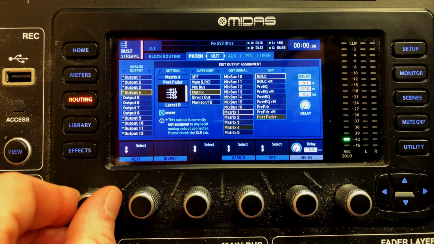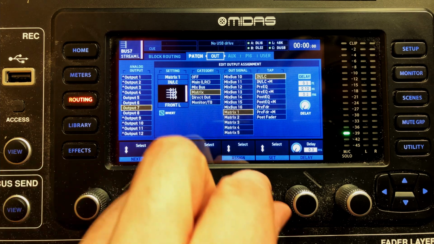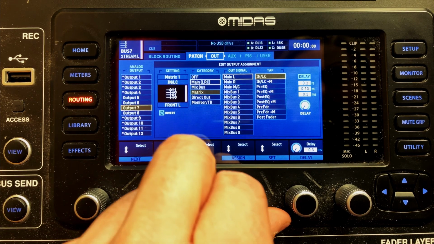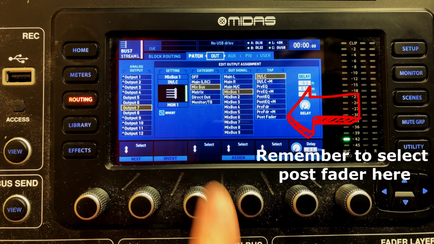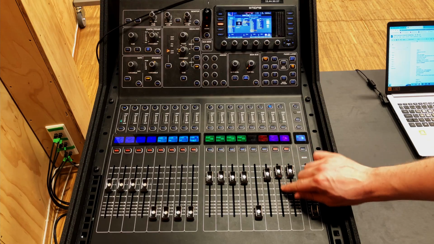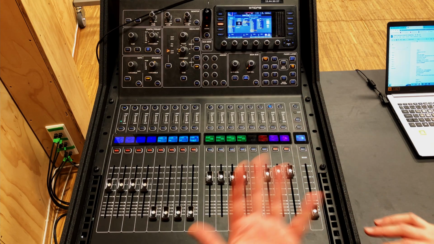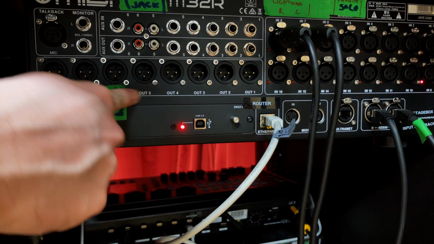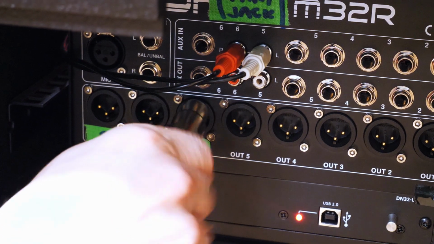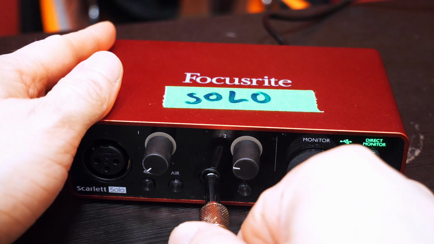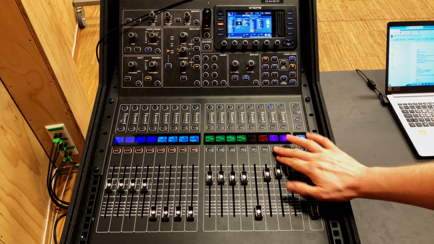And let's say output 7, keep it simple, mix bus 7, output 7. And then I just select mix bus 7 as the output here, and it's set to post fader. And all that means is that this fader controls the master output of this bus. And then I connect an XLR cable to output 7. I take that to the streaming input, connect that up, and whatever I send to this bus goes to the